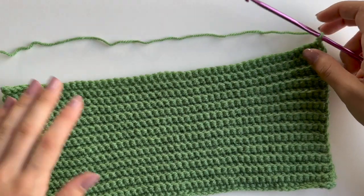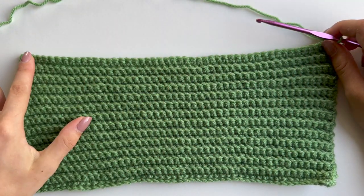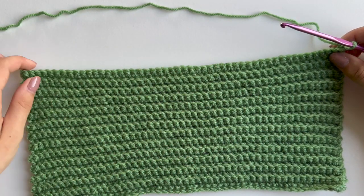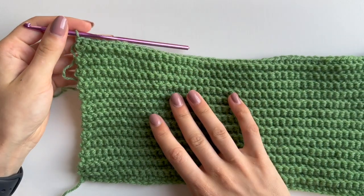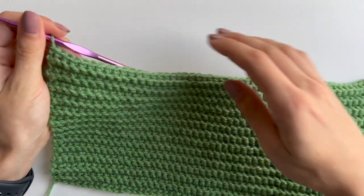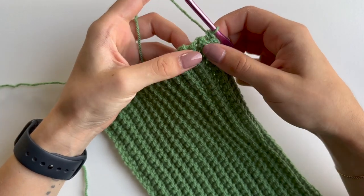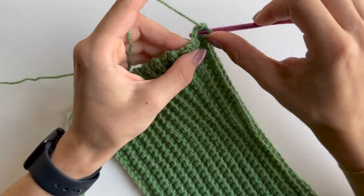And then for the 27th row you want to continue as normal, and then you will do stitches along this side. So I'm gonna do my 27th row up till here, and then I'll meet you at this point. I just did 50 stitches into the back loop for my row 27, and then what you need to do next is into this corner here you want to place 2 single crochets. So that's an increase in this corner,